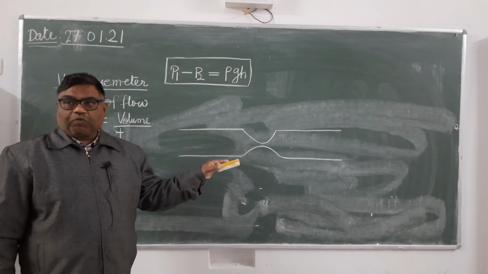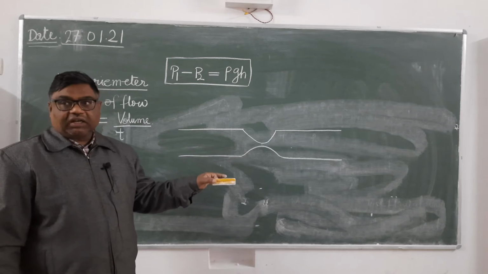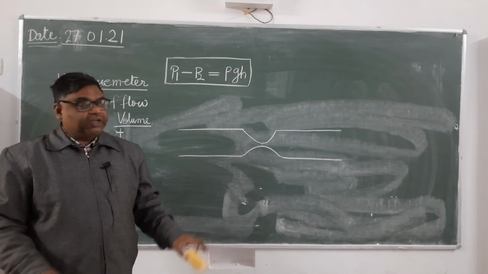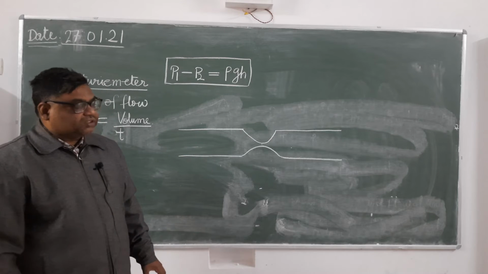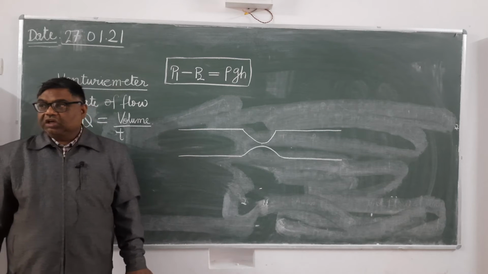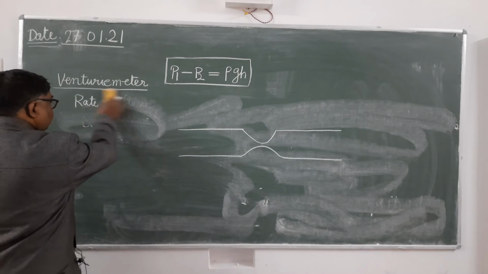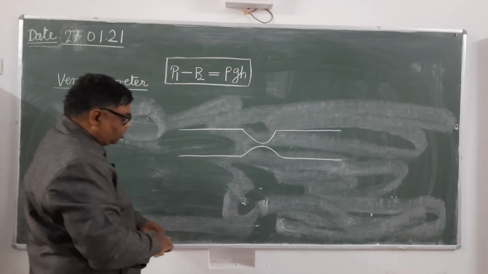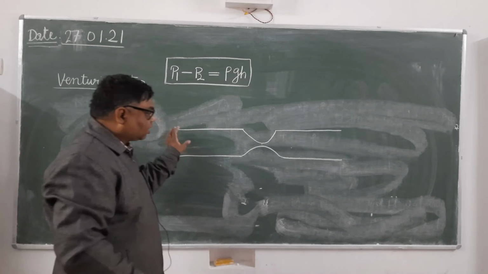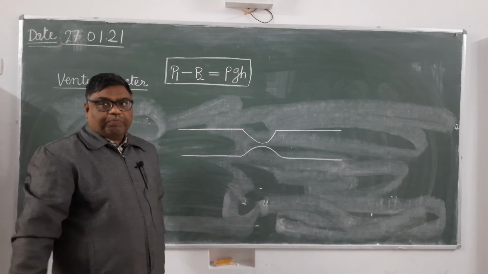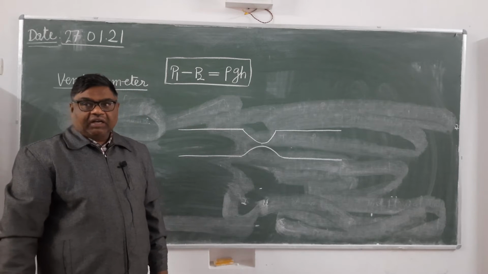जिस डेप्थ पर हमको फाइंड आउट करना है, ट्यूब को हॉरिजॉन्टली अरेंज करेंगे, because we are going to use the relation P plus half rho V square equals to constant. Is it clear? So see here, this is a tube of wider cross section having a very narrow passage at the middle.